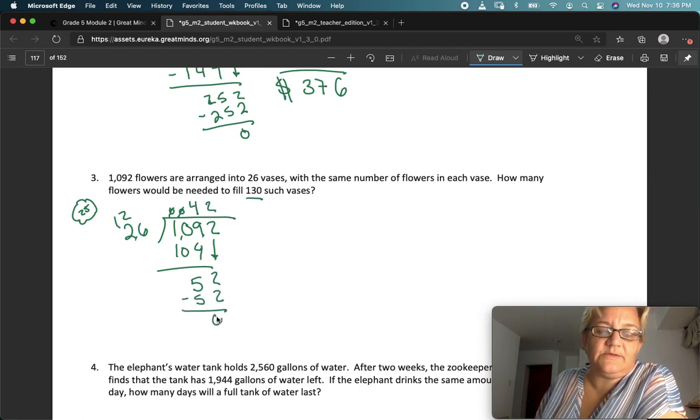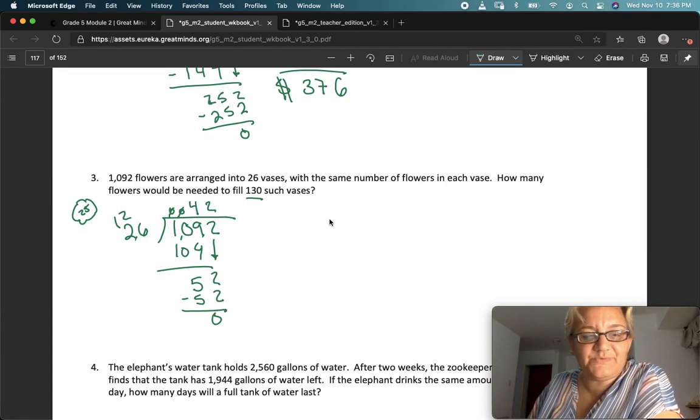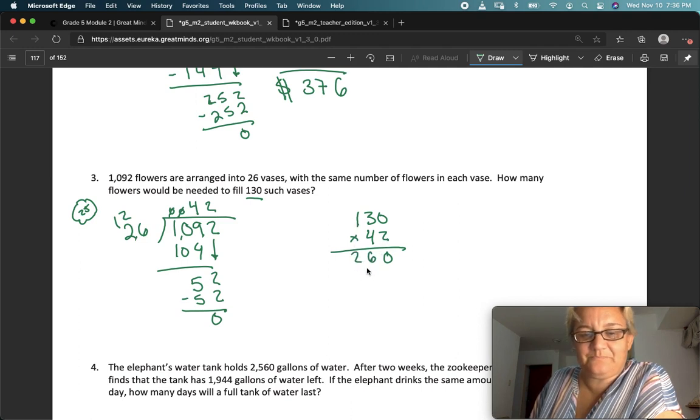Okay, so 42 flowers in each vase. Now, how many flowers would we need to fill 130 vases? Okay, so 2 times 0 is 0. 2 times 3 is 6. 2 times 1 is 2. Then drop a 0. 4 times 0 is 0. 4 times 3 is 12. Carry the 1. 4 times 1 is 4. Plus 1 is 5. And